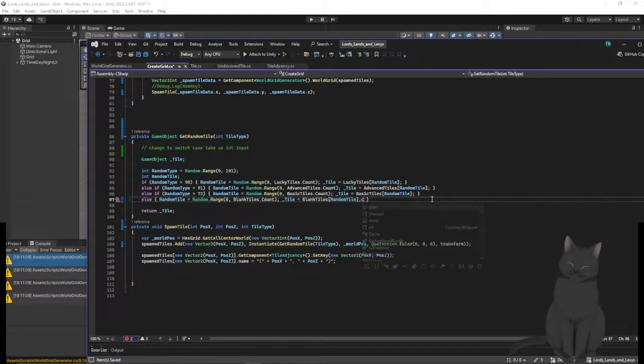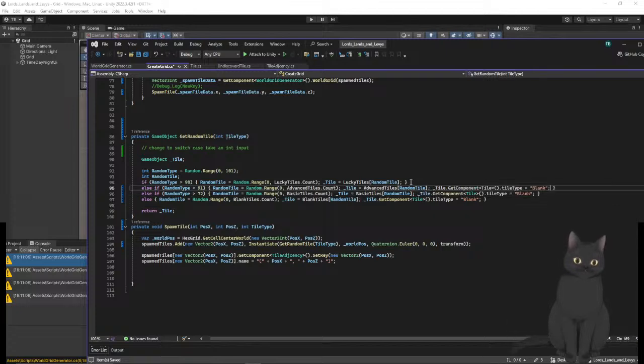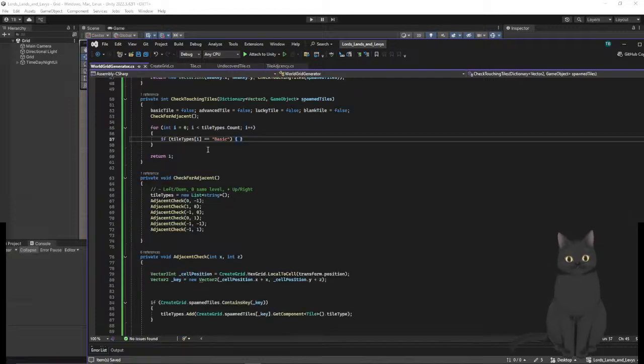We have type lucky. We have type advanced. And we have type basic. Alright, so if it is type basic,